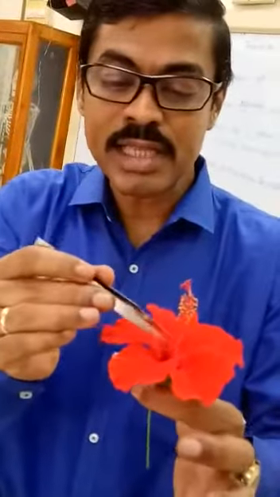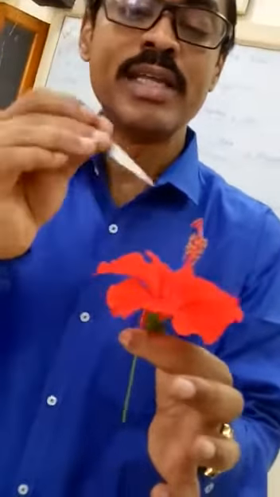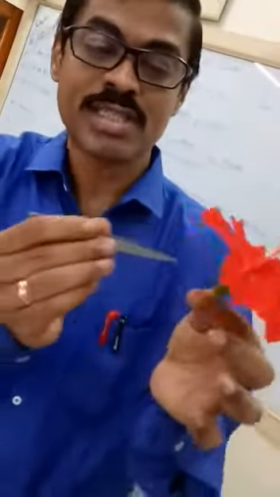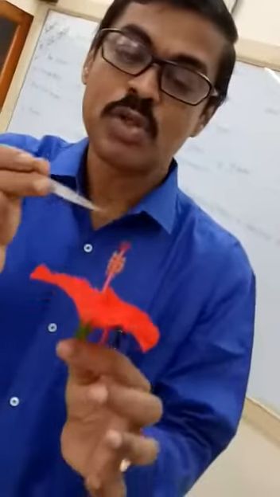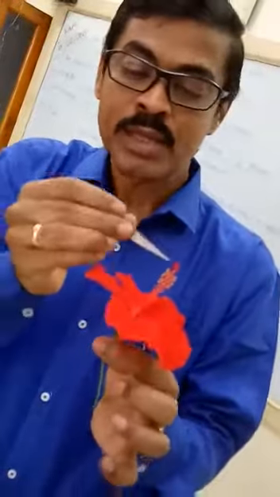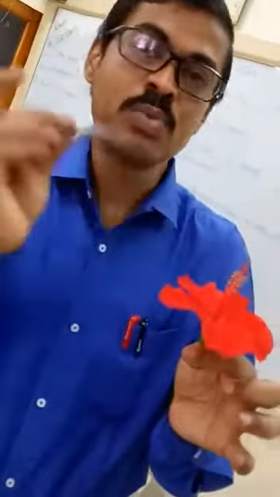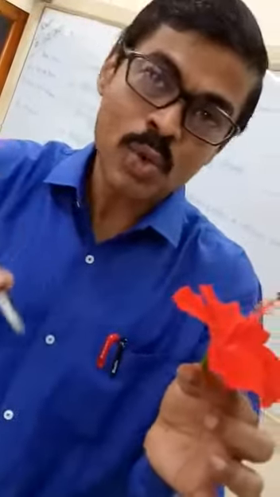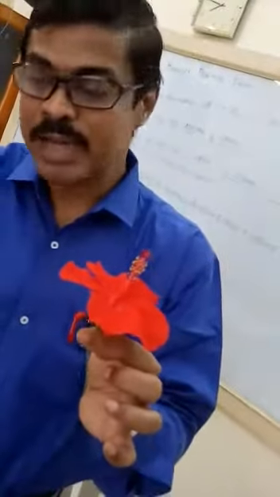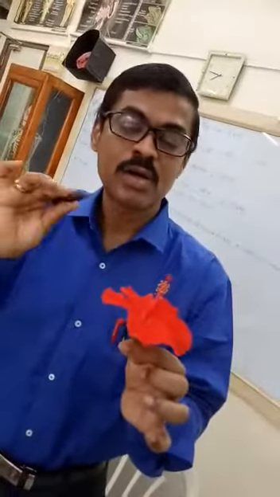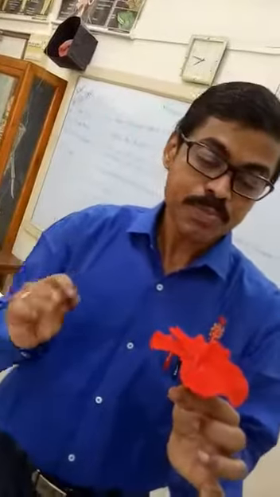Clear? Now here you can see a tube-like part, the staminal tube, inside which you have got the style, on the top the stigma, and in the inner part, the lower end, the ovary, which rests on the thalamus. So the upper part, the stigma, which are 5 in number, leads through the staminal tube, the style, and then the ovary. So inside the ovary, the ovules are present, which we will later see how to make that vertical section or the TS of ovary.